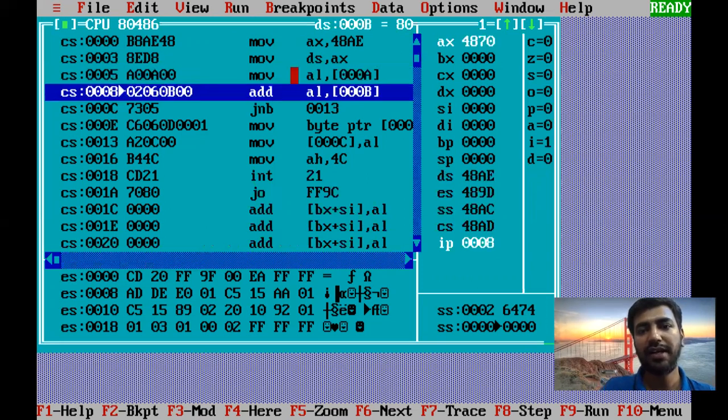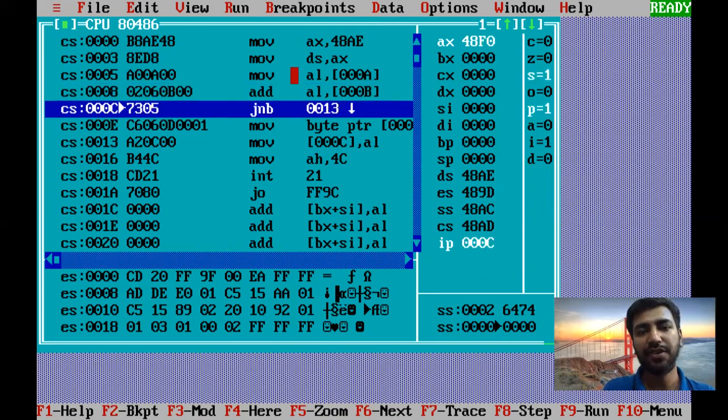Now I will have 70 in AL, and I will do function F7. This will get added: 70 plus 80 will give you F0.